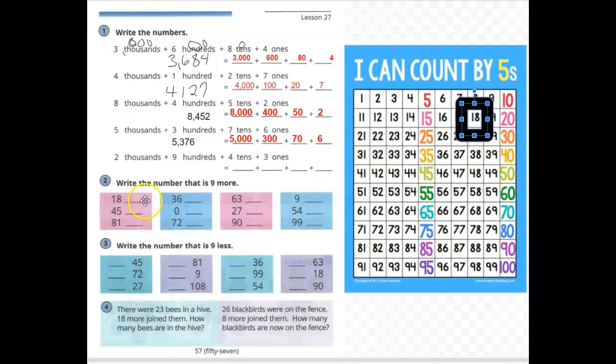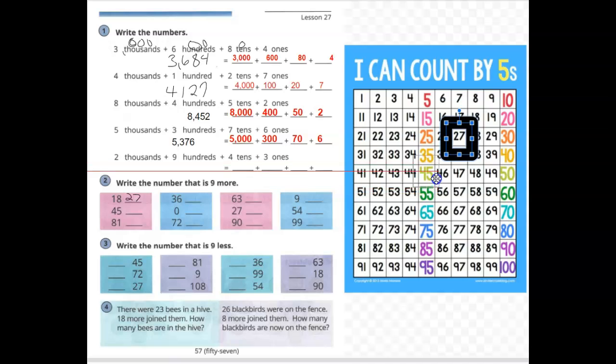And we're adding 9 because it says 9 more. So I'm at 18, so I'm adding 9. 18, 1, 2, 3, 4, 5, 6, 7, 8, 9, 27. So I write 27 on the line. Okay, so now I'm at 45,